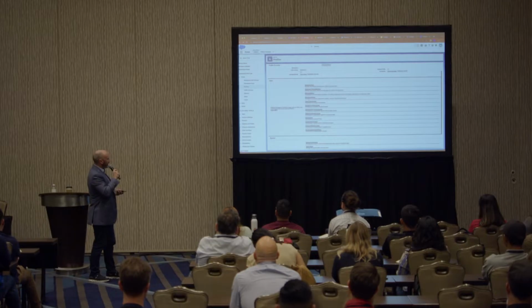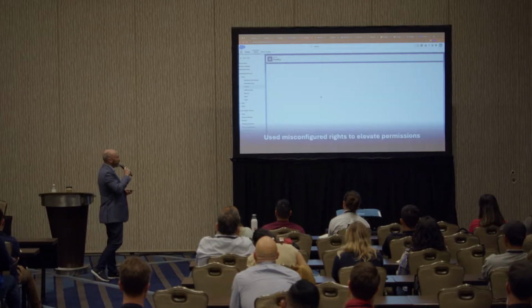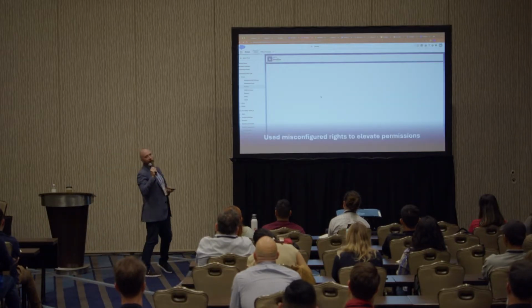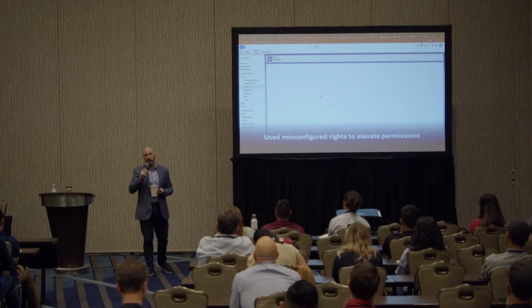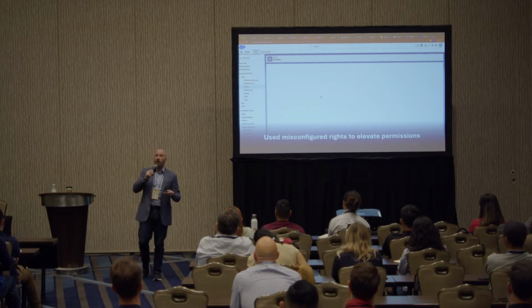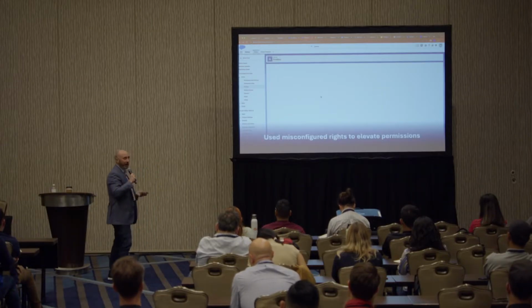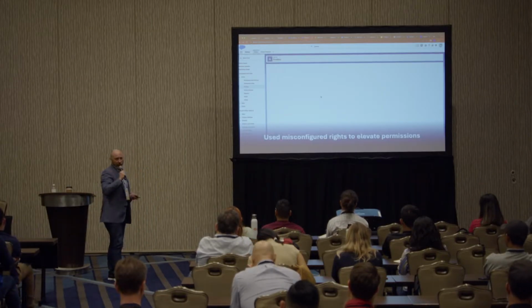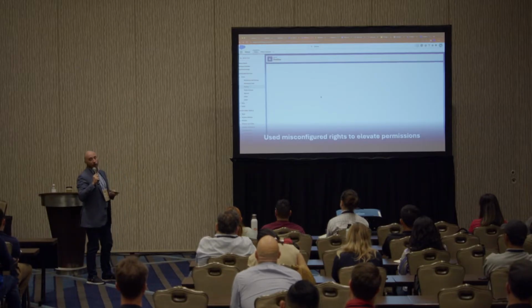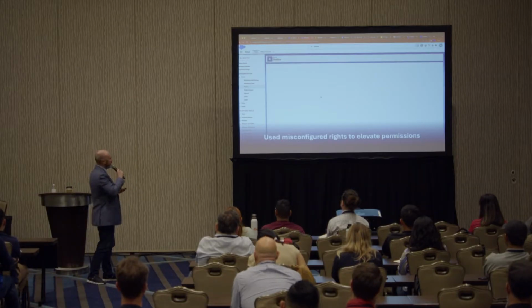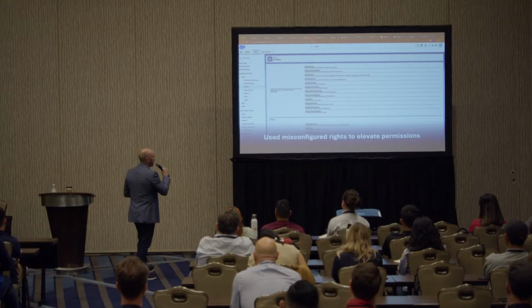Now, as a threat actor, what that's going to do is elevate my privileges. I'm going to use a misconfigured right to elevate my privileges here. What our Salesforce team did was they were more concerned about making sure that the accounts weren't visible. And they did a very good job of making sure that that profile could not access accounts. What they didn't do a really good job of, or maybe this profile should be able to change some settings, is this profile has the ability to change system settings.